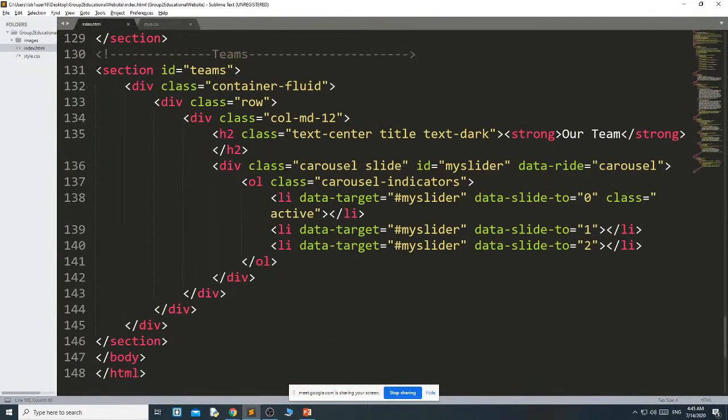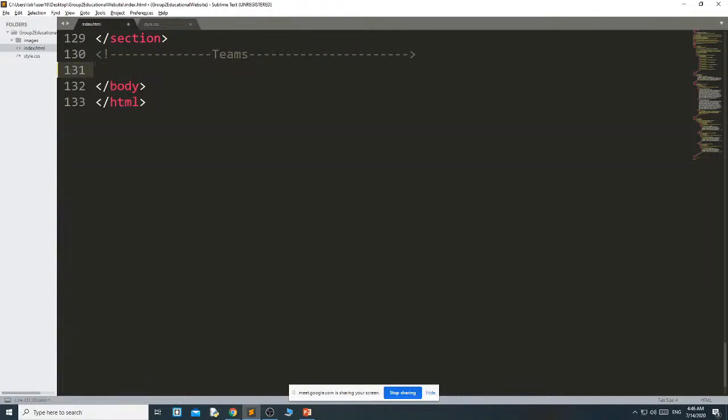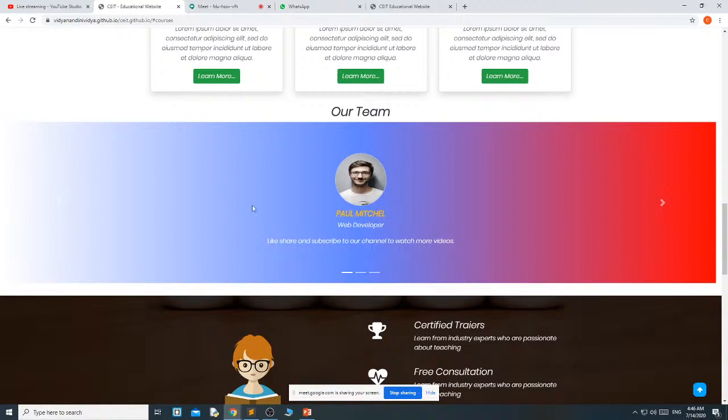Last class we started, but I just cleaned it and I will start from the beginning. Okay, first we have to create a section, then give an ID, section ID equal to team. Okay, in team, see this takes the complete screen, which means I have used container-fluid.